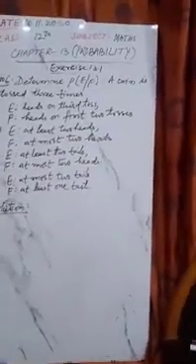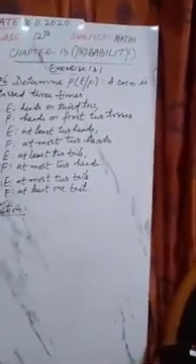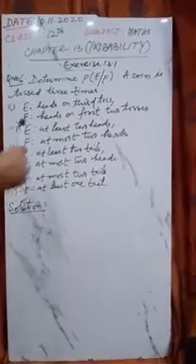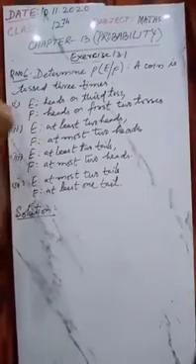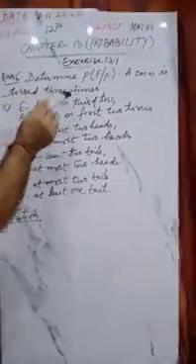Good morning, class 12. This is chapter number 13, probability, and in this video we are going to solve question number 6 of exercise 13.1. Very important question. The question is, determine the conditional probability of event E given that F has already occurred. A coin is tossed 3 times.